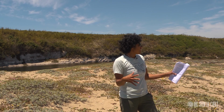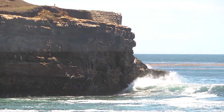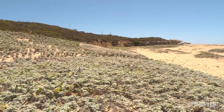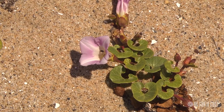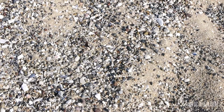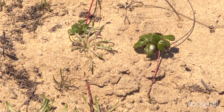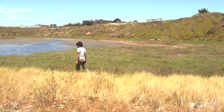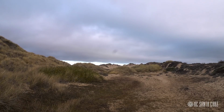There's this medium scale of vegetation patterning that you can see as you look from the coast back towards the lagoon. Out here we've got these pioneer and really low prostrate growth forms like beach burr and beach morning glory that are able to cope with very low nutrient conditions, a lot of blowing sand and shifting substrate, and maybe some salt spray during certain times of the year. And then as you go back, there are more grasses, woody plants, including more invasive species that are able to